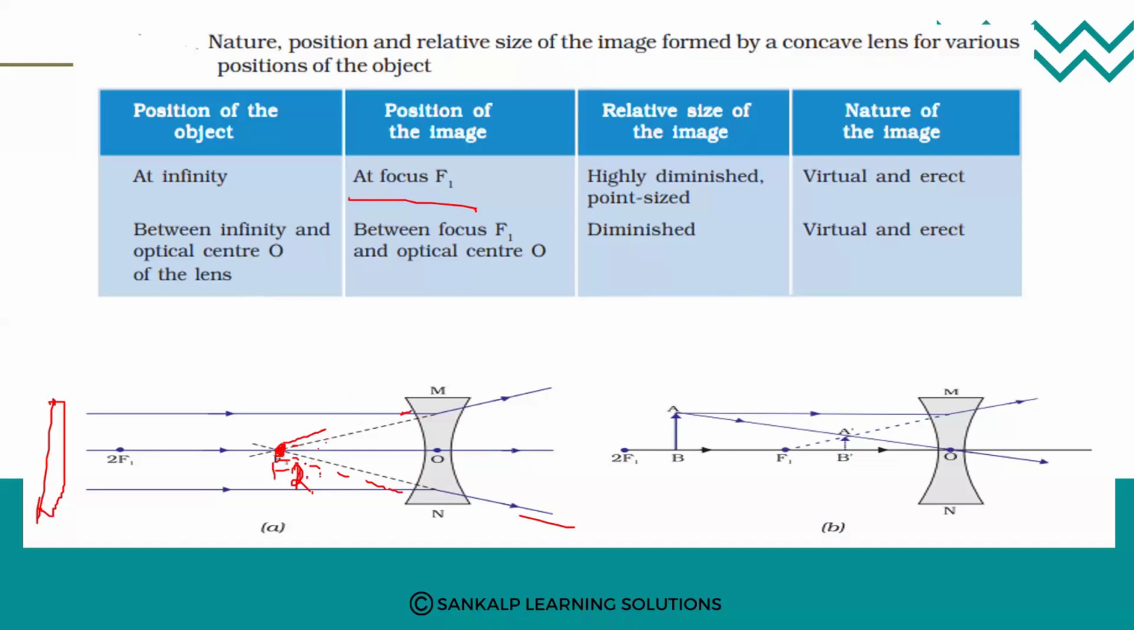Sorry, F1, this is 2F, and here it is F2 and 2F2. At focus F1 we are getting the image, and it is highly diminished and point size, and it is virtual and erect. Why is it virtual? Because we are getting the image